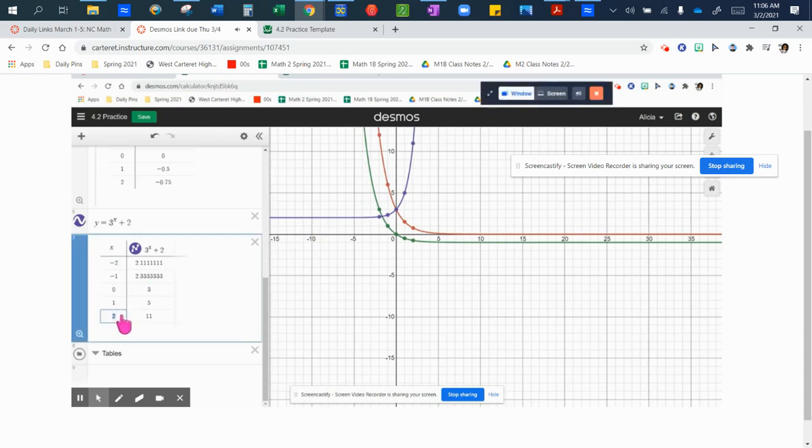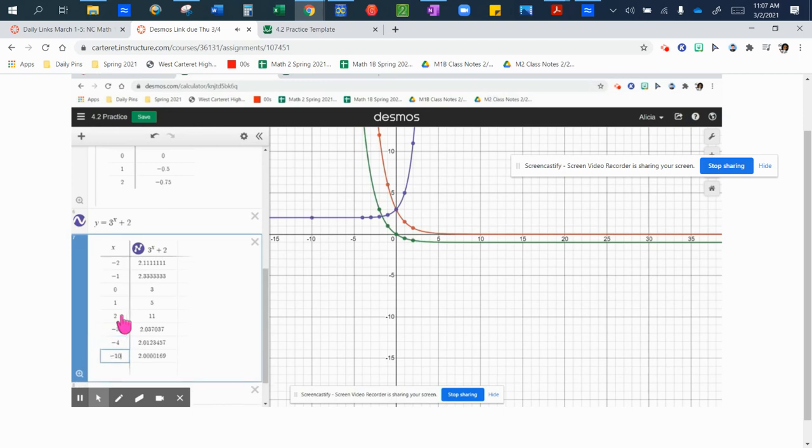So if I go down here and put in -3, we're getting closer to 2. If I put in -4, we're getting closer to 2. If I put in -10, now smaller. If I put in -20, there's this 2 right there, but that's 0.00000, and then over to